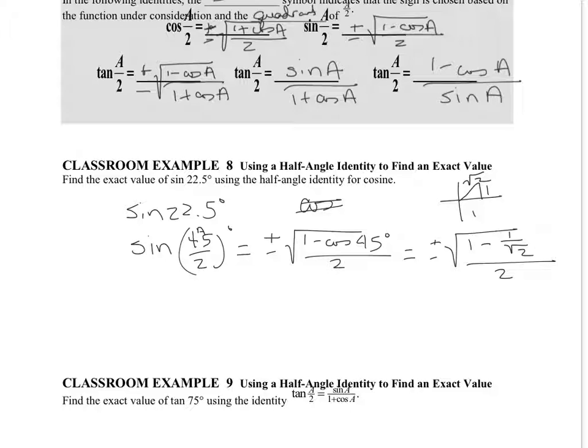How about, you want to go ahead and rationalize the 1 over square root of 2? I think we should. So if we multiply that by the square root of 2 over the square root of 2,